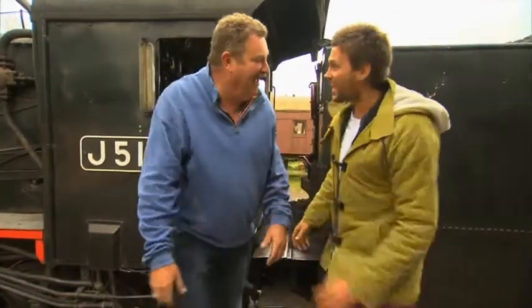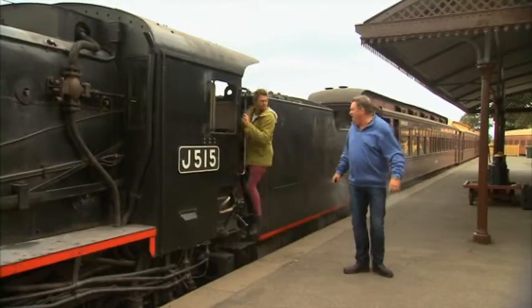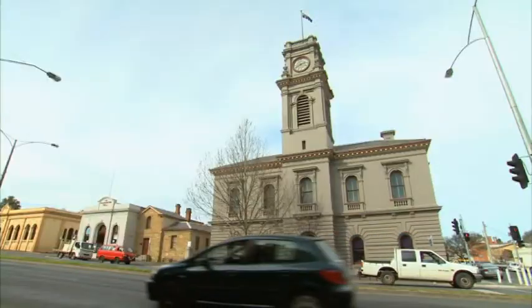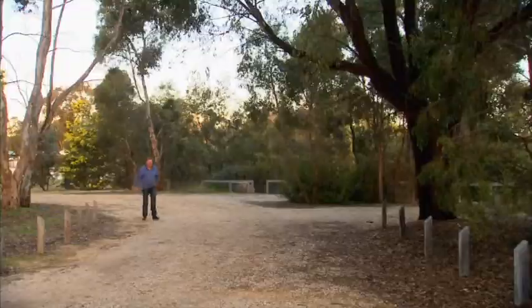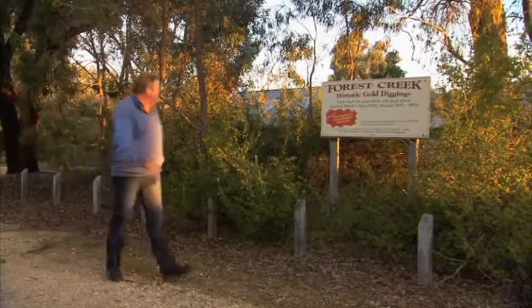Mate, how good was that? What, you reckon that's good? Oh, I can't believe I got to drive the train. It was unforgettable. Oi, oi, oi, where are you going? We've got to go back to Castlemaine. How are the energy levels? I couldn't get Rhys off the old train, so I've headed off under my own steam to explore more of